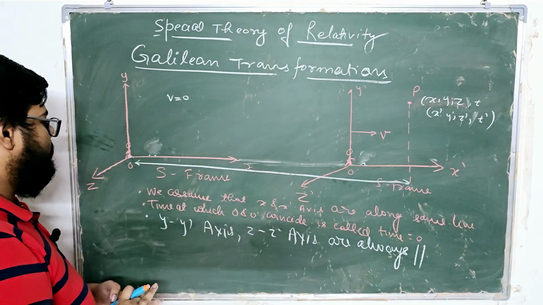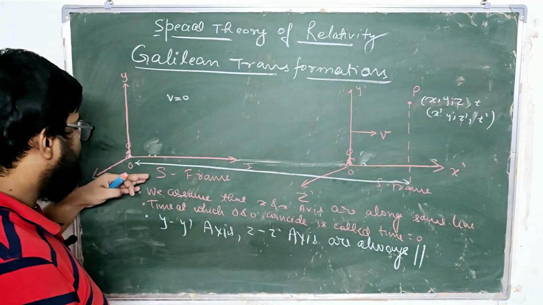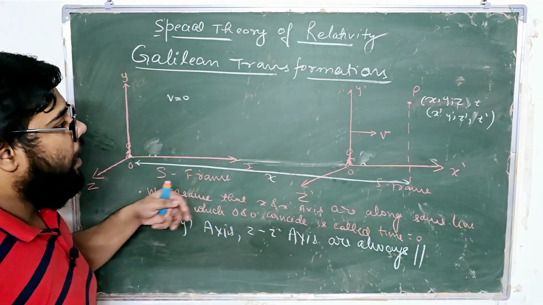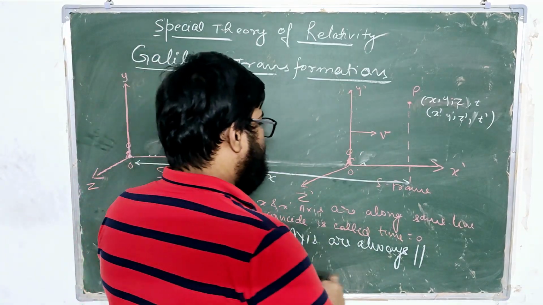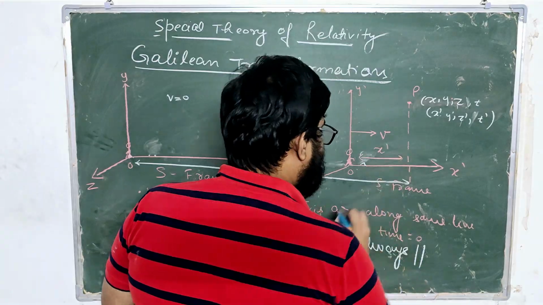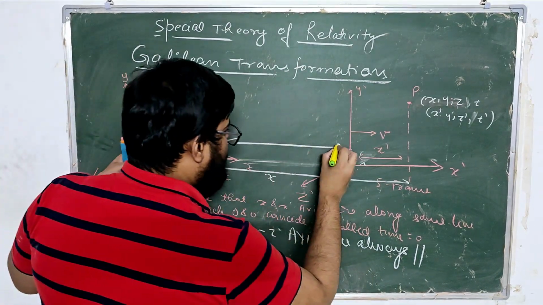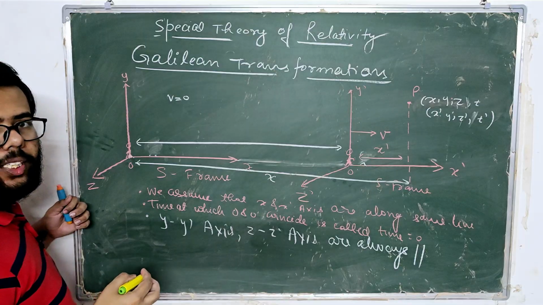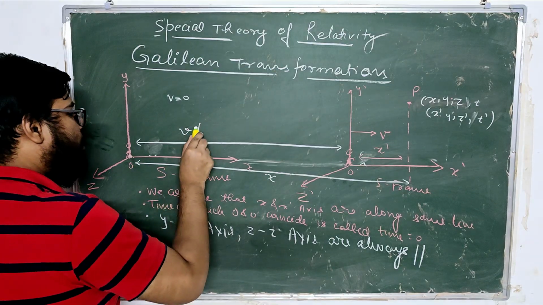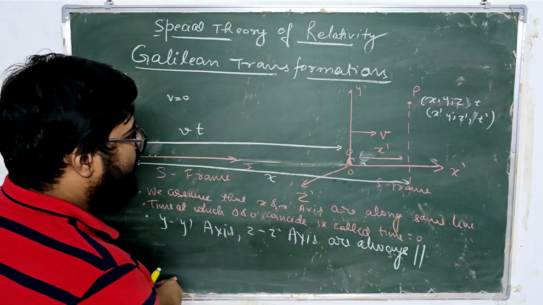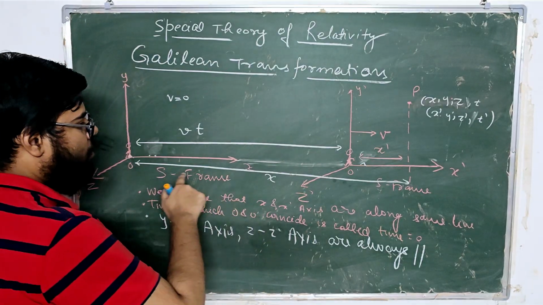Observer is at origin. Now let's see. So this distance is x, and what is this distance? This distance is equal to x dash. Okay, now what is this distance? This will be vt with respect to this, right? So from here you can say that we have the relation